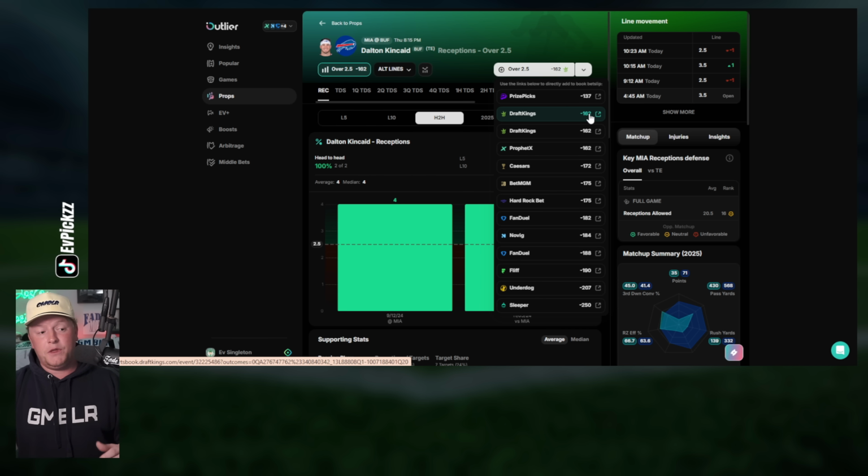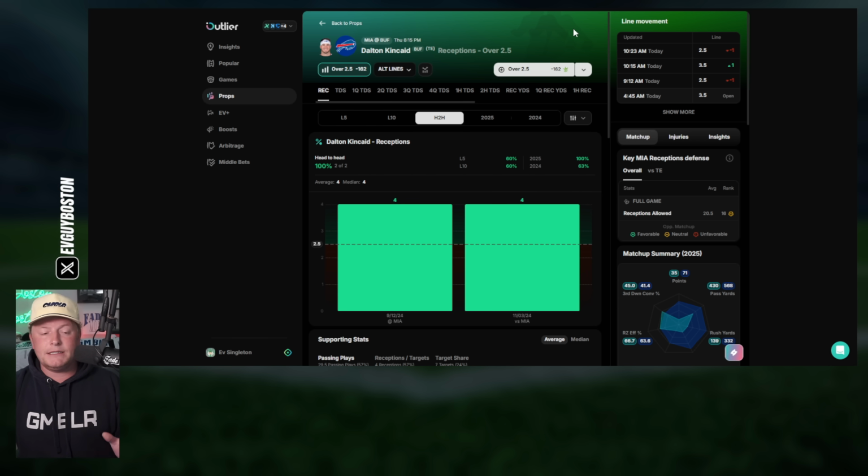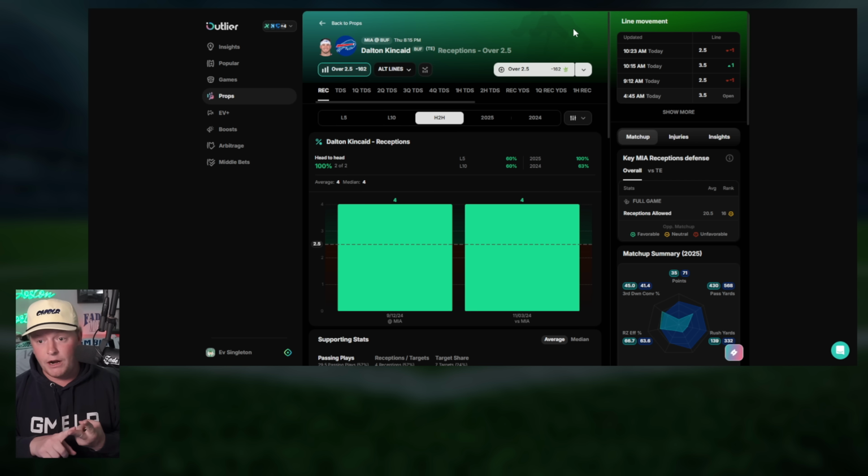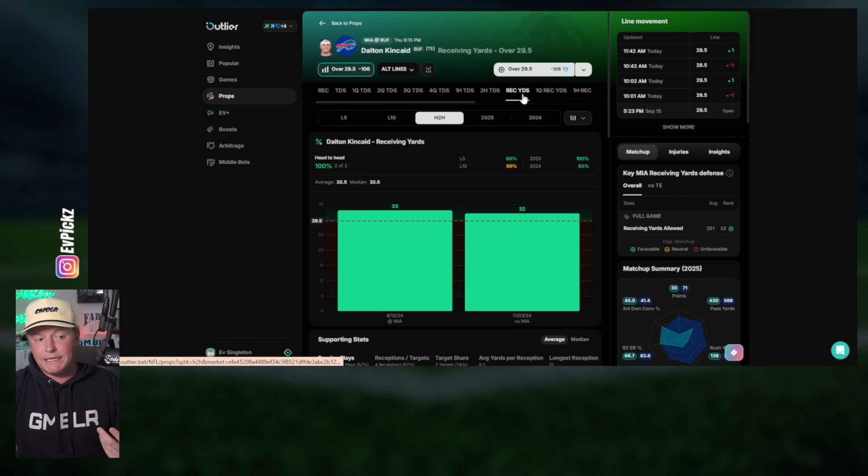Perfect. I do think that Dalton Kincaid, for similar reasons as Coleman, gets some looks in this one. Now, not because of the zone, not because of the 2 high safety, but he leads the team in terms of routes run and target share through 2 weeks against the blitz. Now, what did I say is one thing that we can definitely expect from this Miami defense? Them to blitz. So if Dalton Kincaid is that first look for Josh Allen in the short yardage and everything like that, I like him to catch 3 balls. I don't mind his over 29.5 either when it comes to yards.